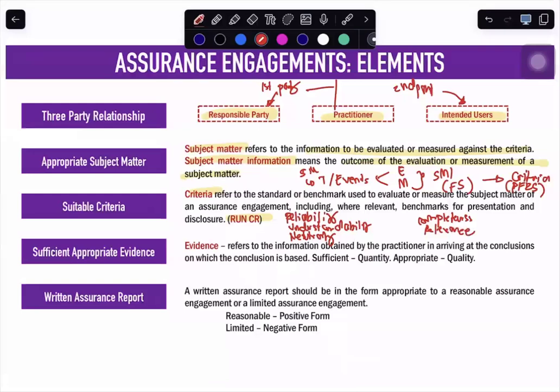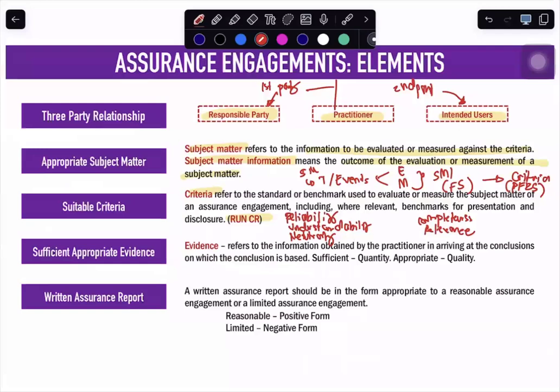First, reliability. When we say reliability, we look into whether we can have a consistent evaluation and measurement of the subject matter out of that particular criteria. So we look at the consistency of evaluation or measurement of the subject matter over a particular criteria. For understandability, it means we can provide a clear conclusion based on our interpretation of that particular criteria. For neutrality, that is to provide a particular conclusion that is free from bias. Normally naman, pag neutrality, lagi ang keyword niya dyan, free from bias.